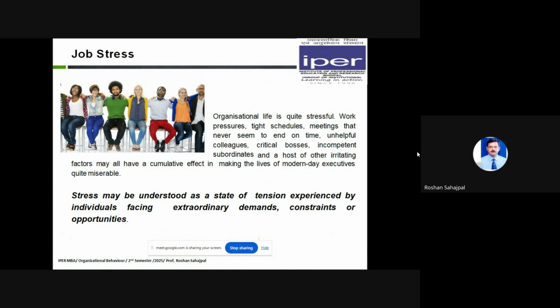So on top of this, you will have unhelpful colleagues जो आपकी backbiting करेंगे, आपकी शिकायतें करेंगे, they will cut you down to size in front of your bosses because they want to belittle your efforts, and there is competition, dog eat dog world. Then there will be bosses who will be always finding faults because there are top bosses who are sitting on them also who will have excessive demands. So they'll have to pass on this pressure to you as an employee.